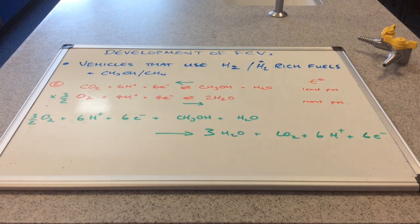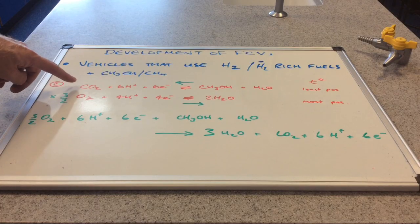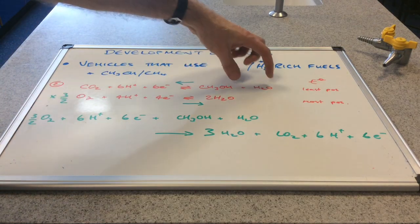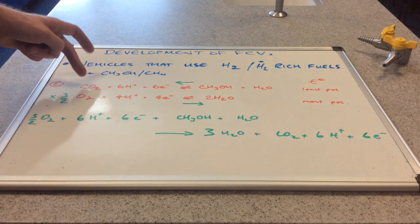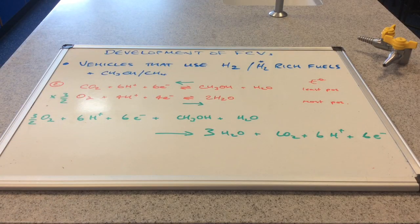To get the electrons to cancel out, I've multiplied the bottom one by 1.5, 3/2. That's going to take my electrons in this equation up to 6, so they will cancel with this one when they're combined. So the overall equation starts out looking like this. We've got 3/2 oxygens, 6H plus, 6e minus. They will combine with these. Remember, this is going backwards, so there they are there. Going to produce 3/2 times 2, so 3 waters, and then all of these: CO2, 6H plus and 6e minus. So now we can cancel,